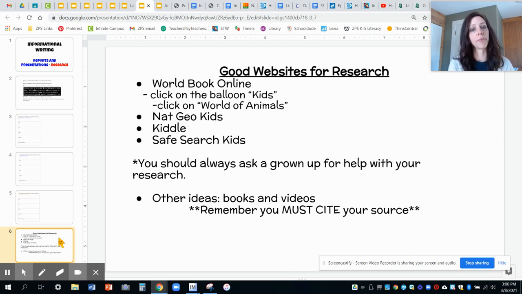And when you do that, you're going to come to a home page and you're going to see a pink balloon. And it says kids next to it. You can click on the pink balloon and that will take you to the kids area. And then you're going to go to the bottom of that page and there's like a paint palette and all different types of things along the bottom, some images, and you're going to click on the one that says World of Animals,